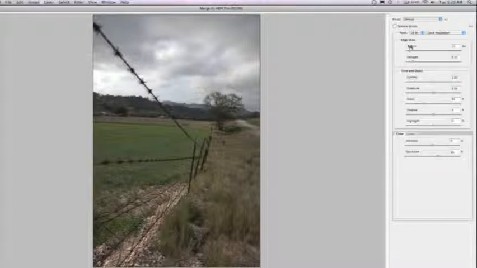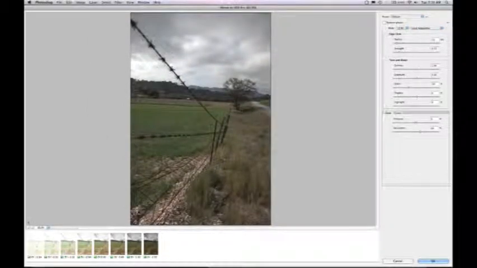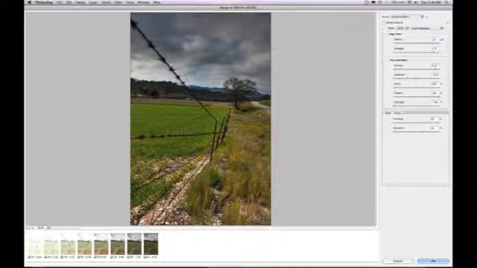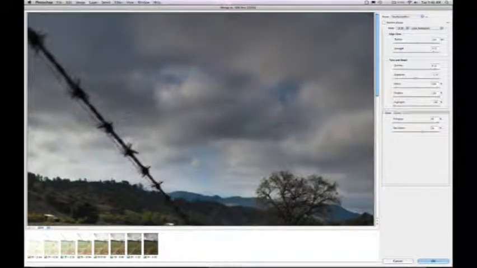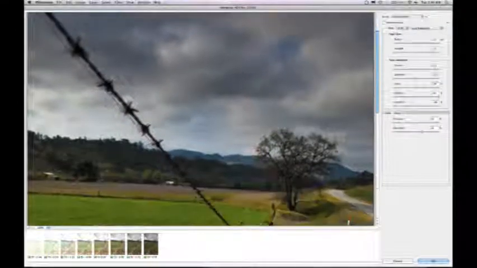I've got new controls for edge glow radius, edge glow strength, a new slider for gamma, a new slider for detail, and an entirely new interface. As you can see at the base here, I've got all 8 of my exposures going from 2.5 stops overexposed to 2 stops underexposed. And while I can move these individually, I'm going to go ahead and load one of my presets. Photoshop CS5 ships with a number of these, and you can see that I can quickly get a nice punchy, vibrant image here. We'll allow you to go from wildly surrealistic to very photorealistic and everywhere in between, be that black and whites or just very subtle changes.